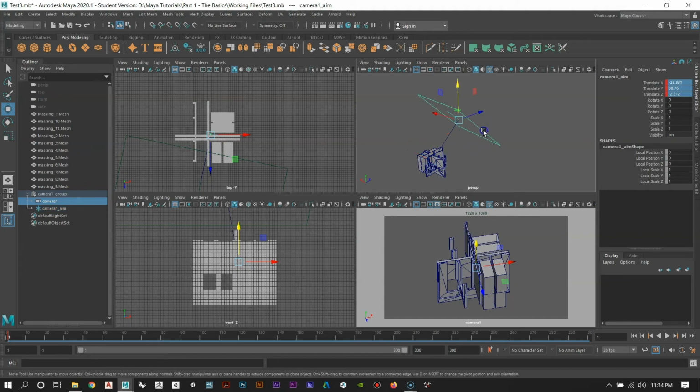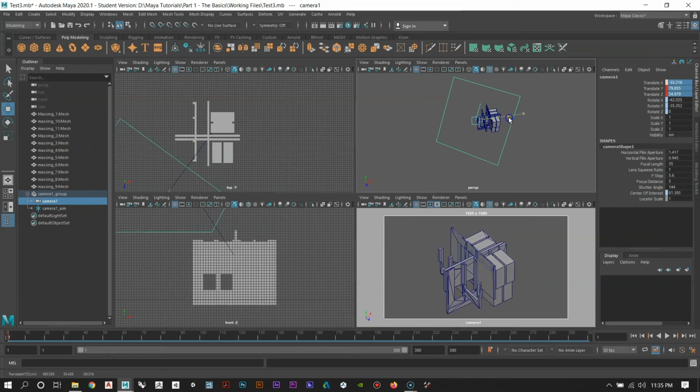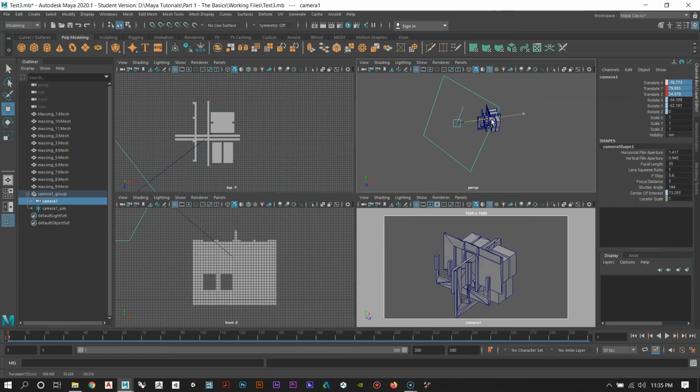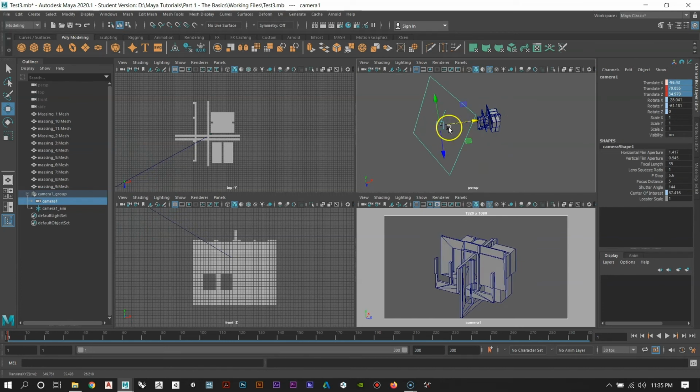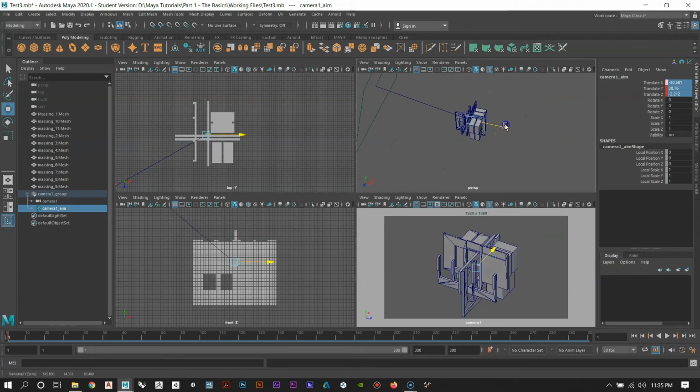Okay. Now the movement of the camera, I'm going to have it just kind of slowly pan across over the course of the animation to this moment here. And then I'm going to pull it up a little bit. And then I'll select the aim and pull it over. So again, this massing is centered